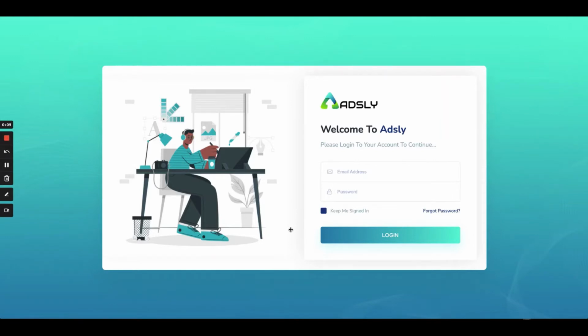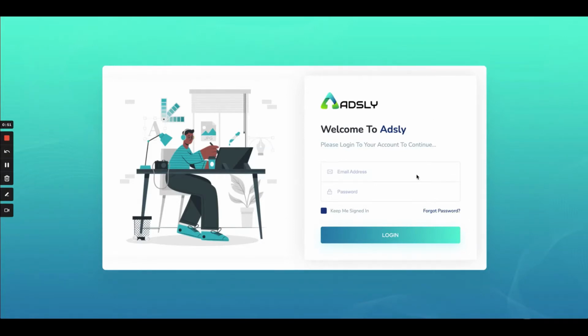which is an all-in-one ads creation suite. You can create ads inside Adsly for almost all the social media platforms present, and along with that also Google Ads. It covers all the ad placements which are required. So let's get ahead and see how you have to use Adsly.